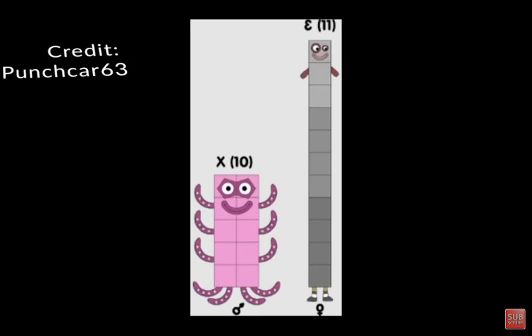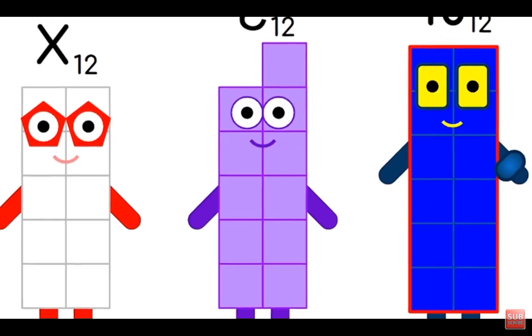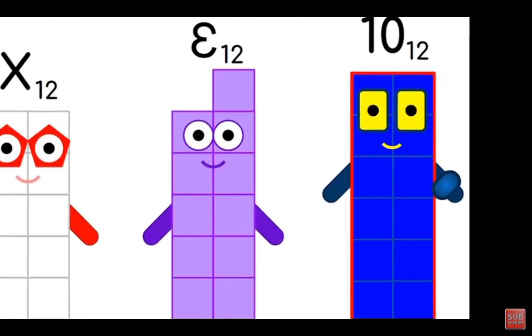After those, the number block for 10, base 12, would appear, which isn't 10 as we'd normally think, but 1 dozen, 12 in decimal. Perhaps this character could be called number block dozen. It would be composed of 12 smaller blocks, just like how decimal 10 is made of 10 blocks in the original show.